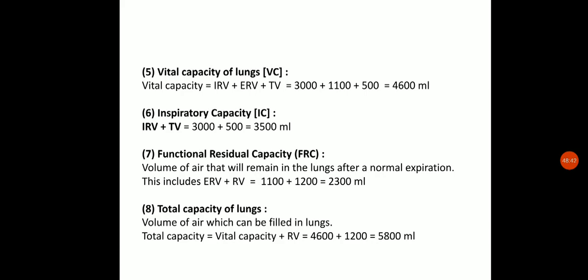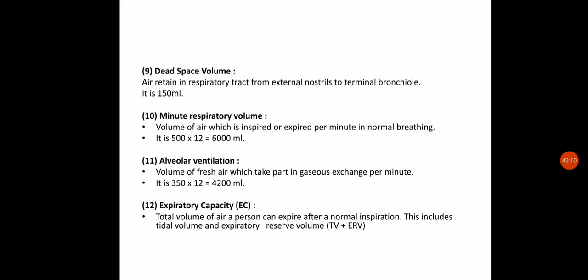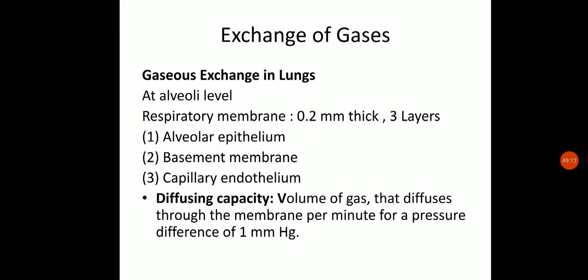So once the person has taken the air forcefully inside, after inspiration they will expire it forcefully. So it will consist of the sum of mainly the IRV, that is inspiratory reserve volume, then the ERV, that is expiratory reserve volume, and the TV, that is the tidal volume. So the vital capacity of lung includes the sum of all these three, which will account for around 4600